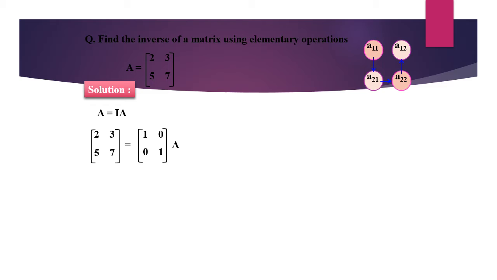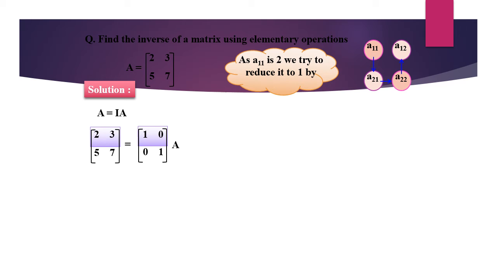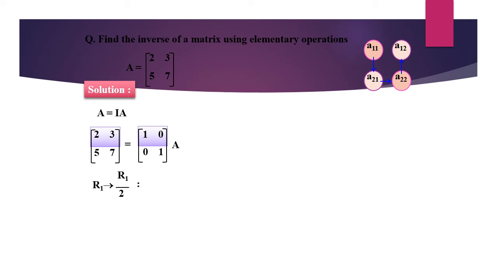So first we need to apply the property on the first row first element, that is A11. A11 must be reduced into 1. So I will apply the property of scalar multiplication, Ri implies K Ri. Since we are applying on the first row, i will be equal to 1. So the property will be R1 implies R1 upon 2. So the elements of R1 will be changed to the form of R1 upon 2.